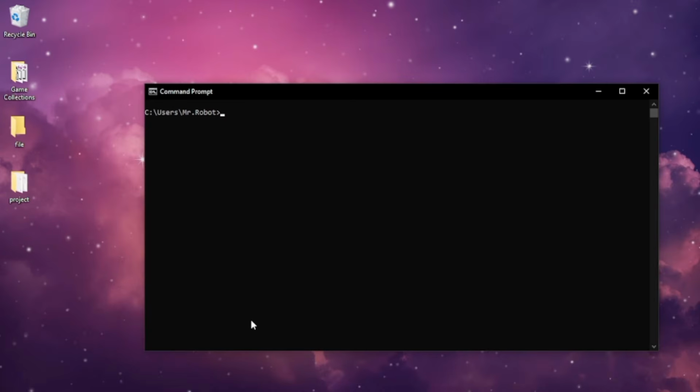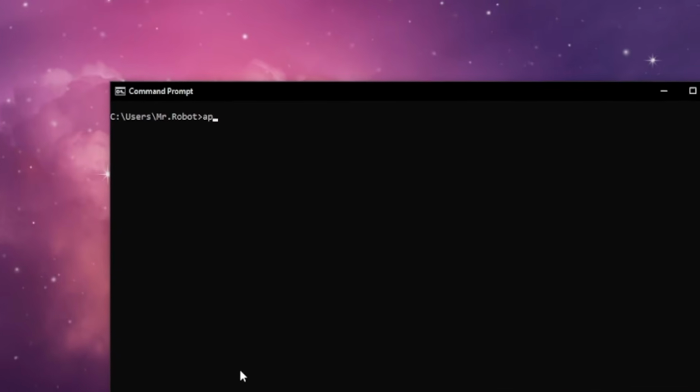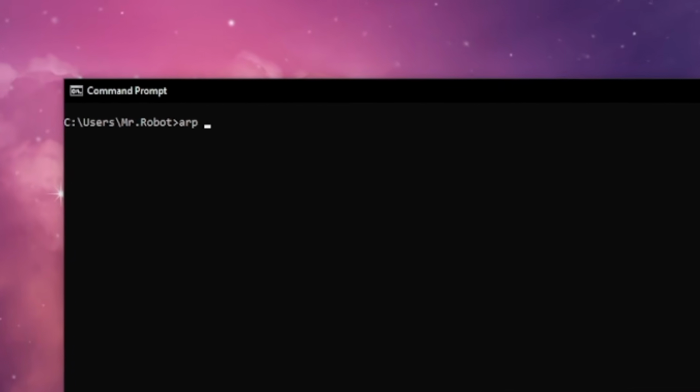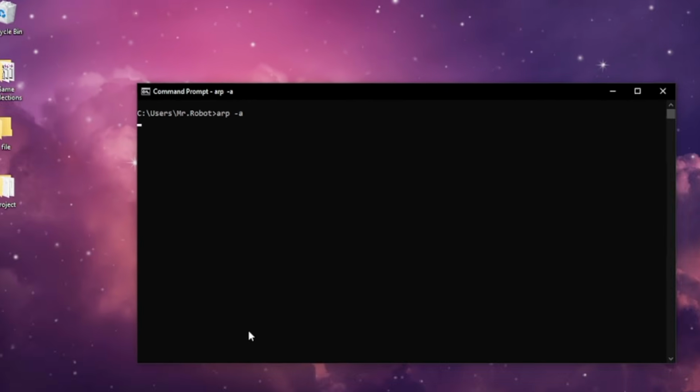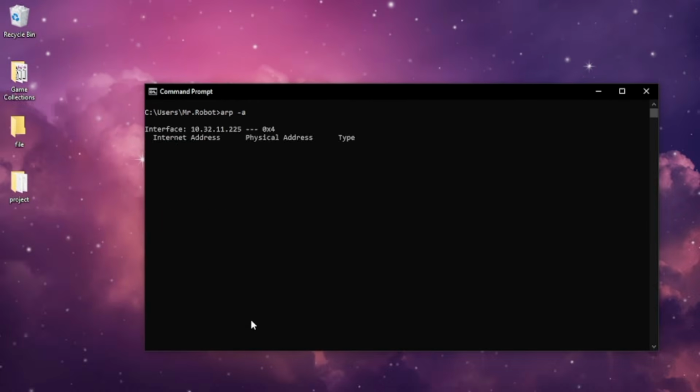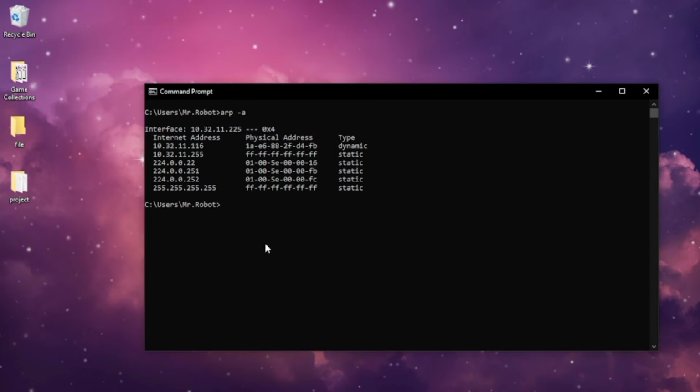Next up is ARP. This command shows the IP to MAC address mapping for devices your computer knows about on the local network. Basically, it tells you which device is using which physical address. Interface shows which network adapter this table belongs to, like Wi-Fi or Ethernet. Internet address. This is the IP address of a device on your local network. For example, your router might be